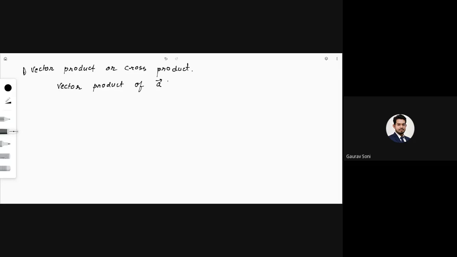Vector product, or the cross product. The vector product of A bar and B bar is denoted by A bar cross B bar and is defined as